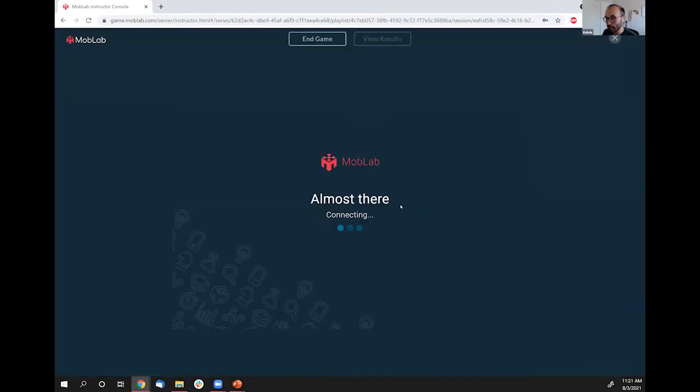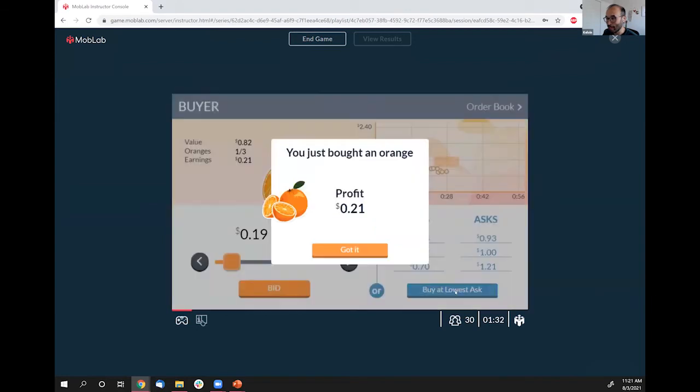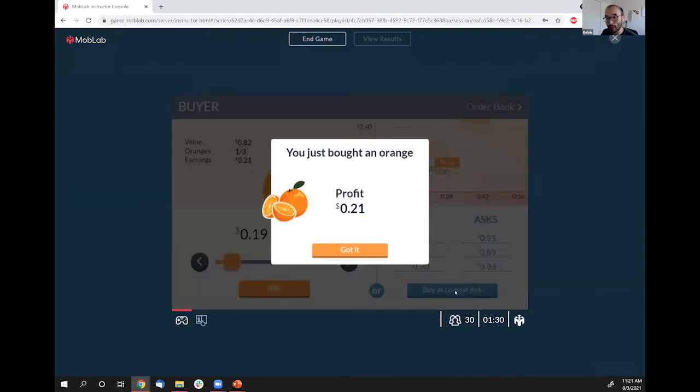Let me open the preview up again, just to show you one last thing. This table on the top right is the current transactions that are happening. As the market goes along, you can start seeing transactions happen at these prices, 90 cents and so forth. The lowest asking price is $1 right now. Let's say I'm a student and I think that sounds good, even though my value is 97 cents. Well, now it's 93. But if I click on the buy at lowest ask, I instantly get it at the lowest asking price. That's just a quick way to do it.